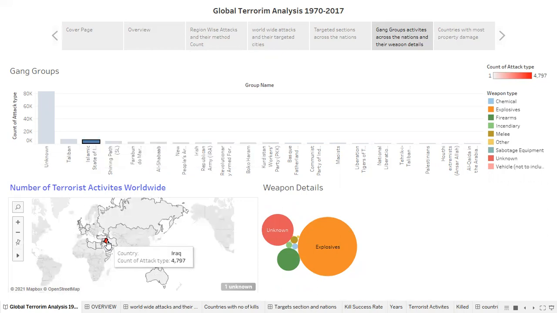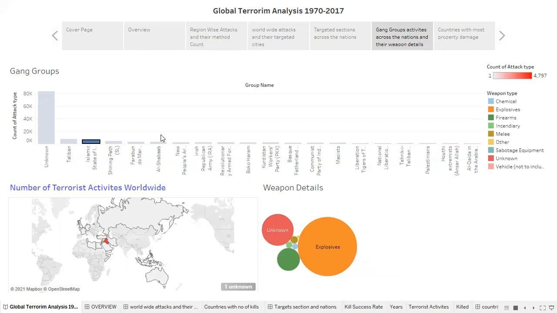They are very much active in attacking Iraq, around 4,500 times, and most of the times when they attack, they are using explosives followed by some unknown weapons.